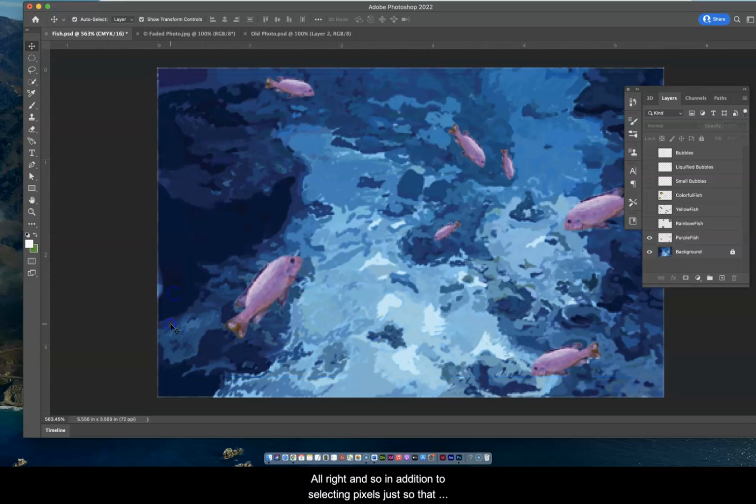All right, and so in addition to selecting pixels just so that you can move them, rotate them, and scale them, you can also select pixels just to delete something if you want. So you can delete an object quite simply. We use the polygon lasso tool this time, and just click and drag and click and drag until I complete my selection area. And then I can